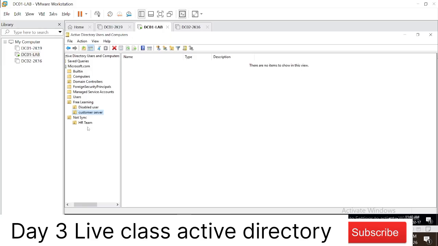But now he has been promoted and moved to the HR team. So HR can open Facebook, HR can open LinkedIn, HR can open other websites also. Whatever policies are applied on this HR team folder, the person who moves into this team will automatically have whichever access is given to the HR team. Understood?